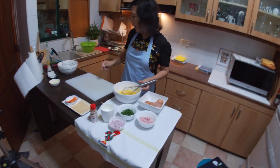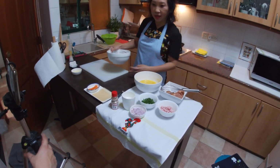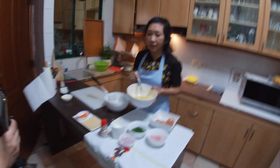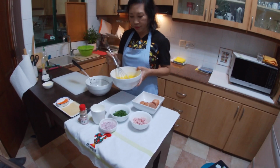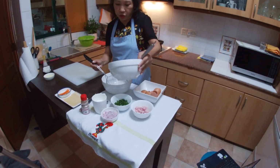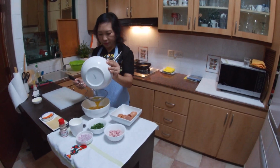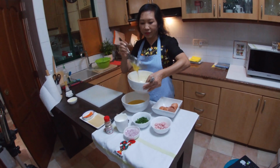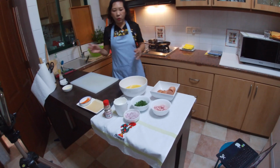And once you have done that, you need to sort of separate it. Okay, so we have 5 eggs, salt and pepper in here, right? So once you have whisked it, we need to separate the egg a little bit to make the texture smooth. If you don't do this step, it's just to smoothen the texture. You see, there's some of this, right? So we don't want that. So basically we just move that away. And once that is done,